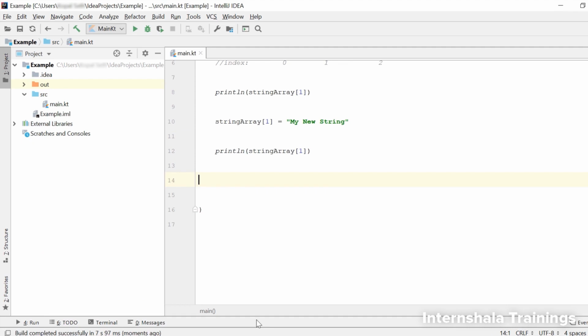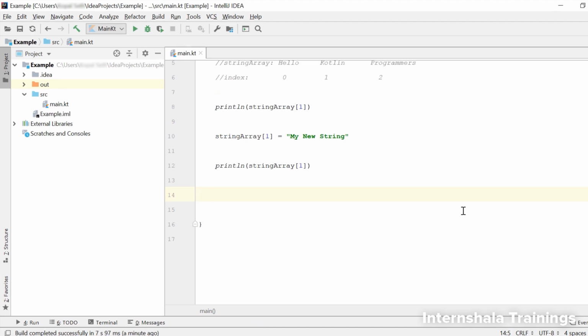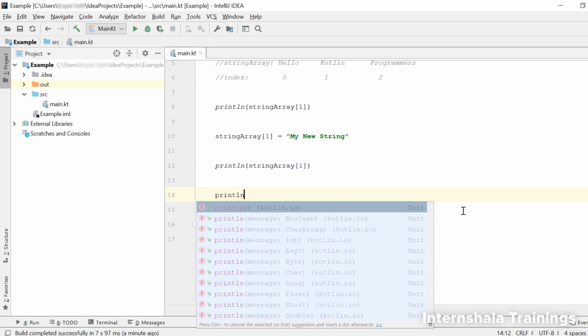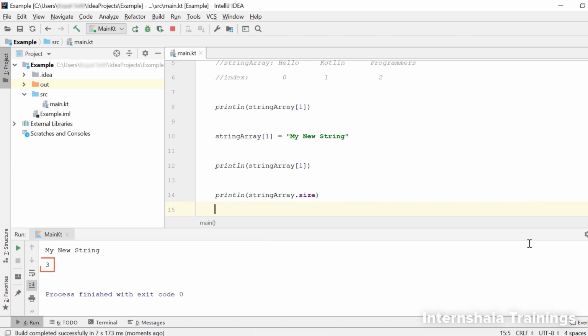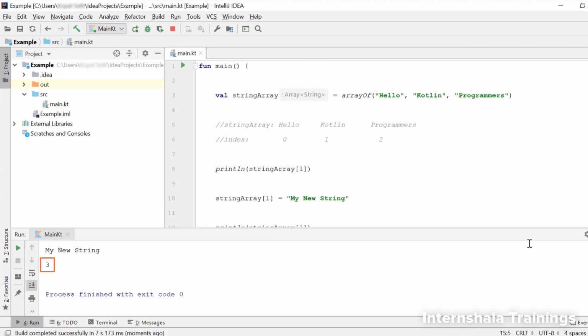Now let's see if we can try to change the size too. But first, we need to check the size of this array. Remember, we must not rely on doing things manually since the size of this array could be really big. So we will use the size function. This is how we do it. Now let's run this code and see the output. Yes, we get the size of the array to be 3. And we can verify this by seeing that this array has 3 elements.